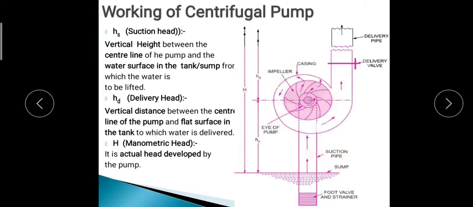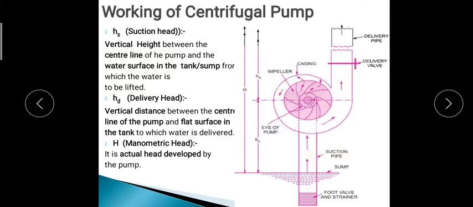That velocity is hitting the casing, because when it hits the casing, it is converted into pressure. When the water is thrown out with high pressure and high velocity, it hits the wall of the casing, through which it gets converted into pressure energy. So by the time it comes out of the impeller,